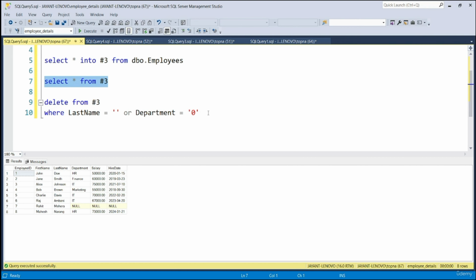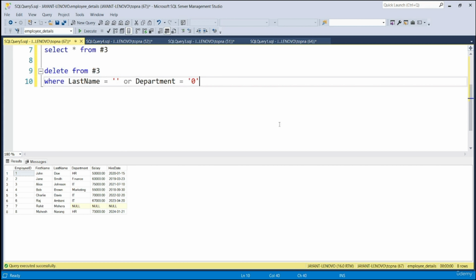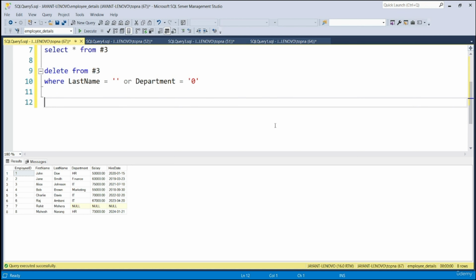Using the delete statement. In the last session, we discussed that whenever we are using delete and update, we should always specify a condition in the where clause. Let's see what will happen if we do not specify any condition while using delete. First of all, we will create one more table for that, which will again be a replica of the dbo employees table.